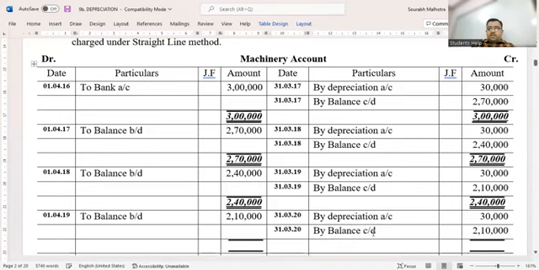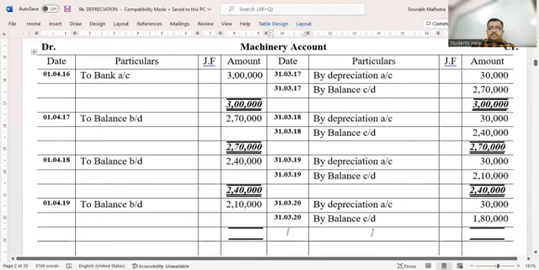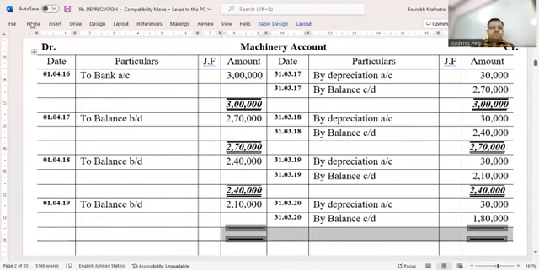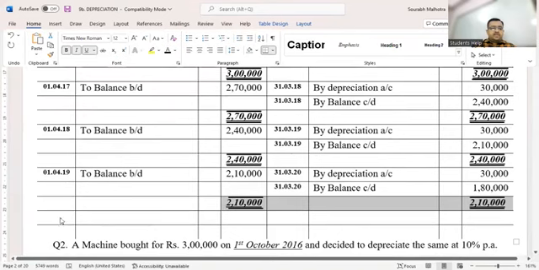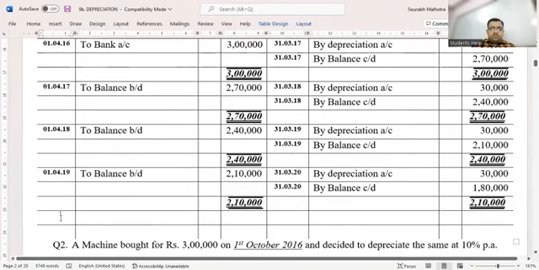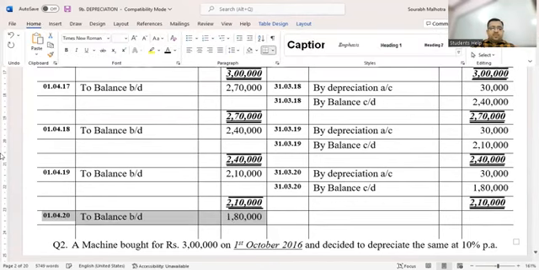So we'll put 1,80,000 on the credit side. What's the total of both sides? 2,10,000 rupees. And after the total, what are we supposed to do traditionally? To balance brought down. 1st April 2020,